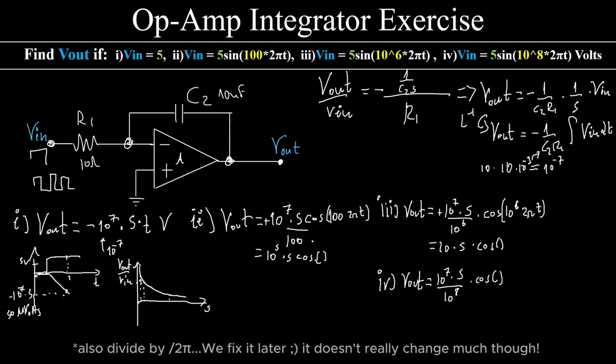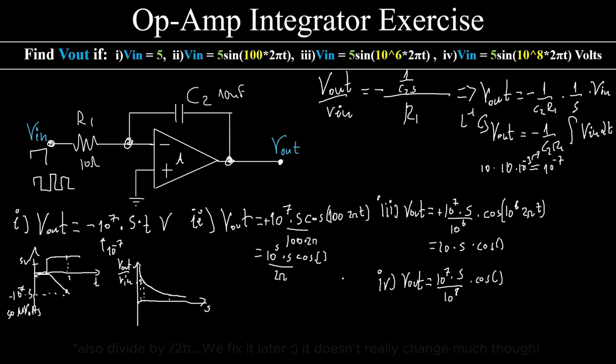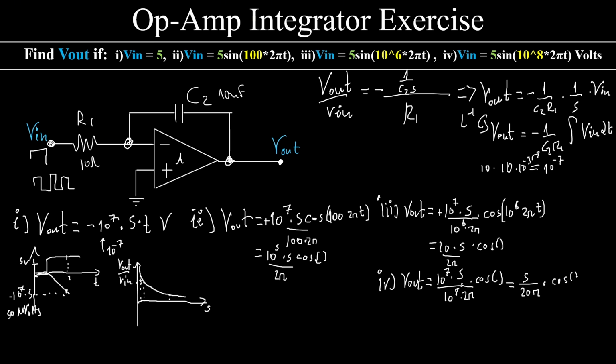Alright, now this is very important. I forgot to add this 2 pi term over here. So all of this should be divided by 2 pi. Alright, it's human to make such a mistake sometimes, and even I sometimes forget it at first glance. This means that Vout is going to be nothing but 5 over 20 pi times our cosine, with this